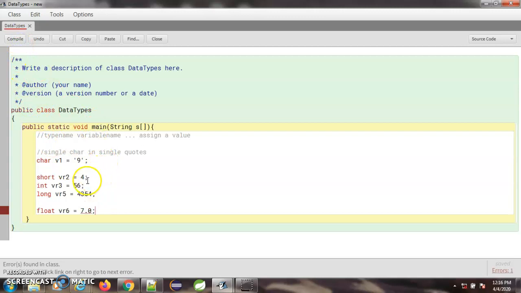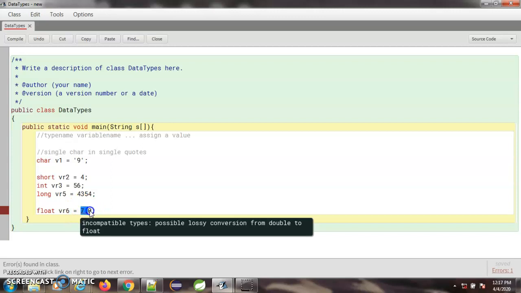Why? So you see, when we gave 4.9 here, it was being treated as double. Similarly 7.0 is being treated as double, because since it is a literal, meaning a value, it is automatically getting treated as double by the system, and you can see here that we are not allowed to convert the double value. Means the system is treating this as double and it is not allowing conversion to float. So again here a type mismatch is happening.